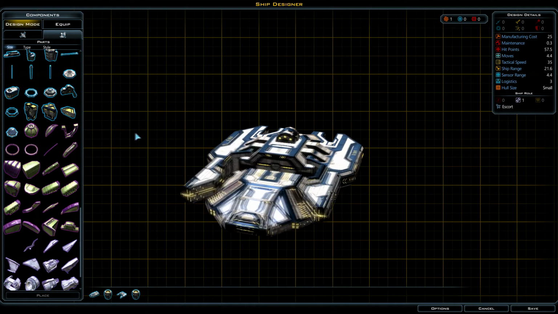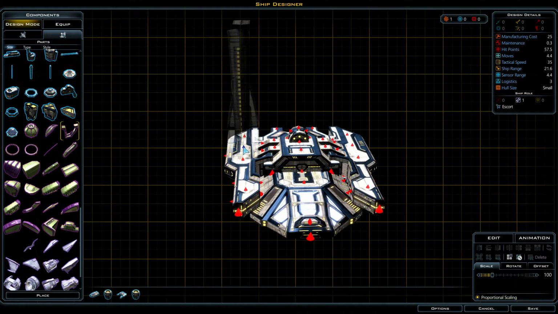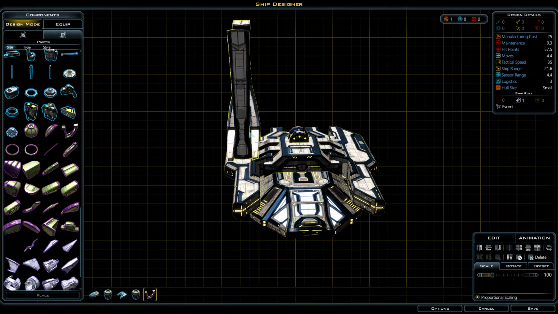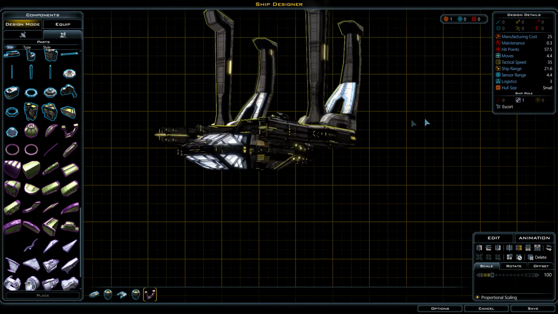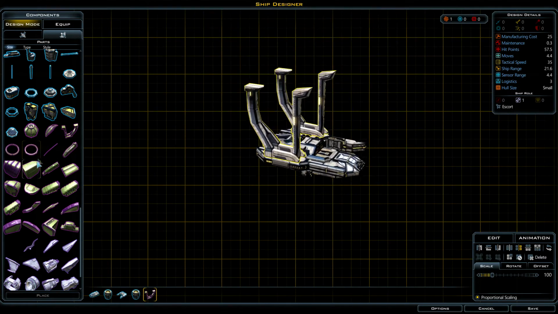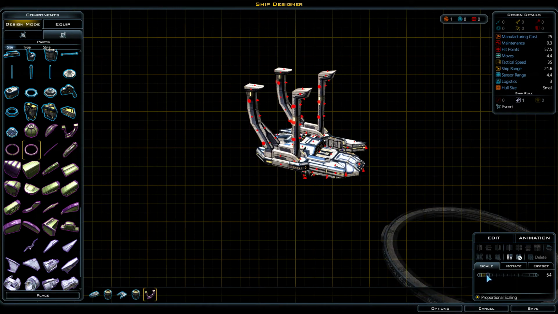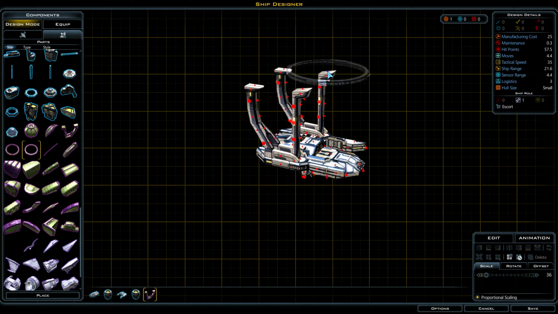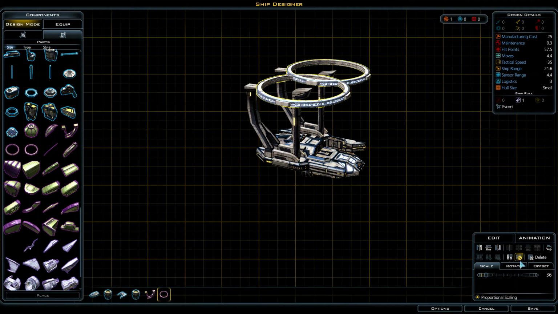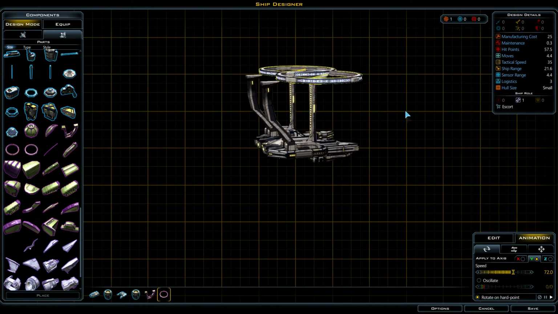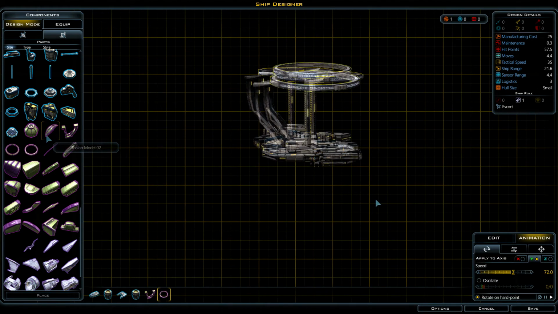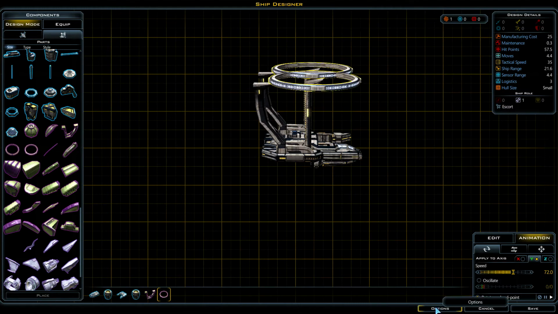So I just activated them and then they're here and you can use them in your designs as well. So that allows for way more creative freedom in how exactly you want your ships to look. So that's really, really nice. You can add all these things and rotate them and whatever. So yeah, you can probably come up with some really cool designs like this because you just have way more parts to play with. And for tip number 3, we also have to go to the options